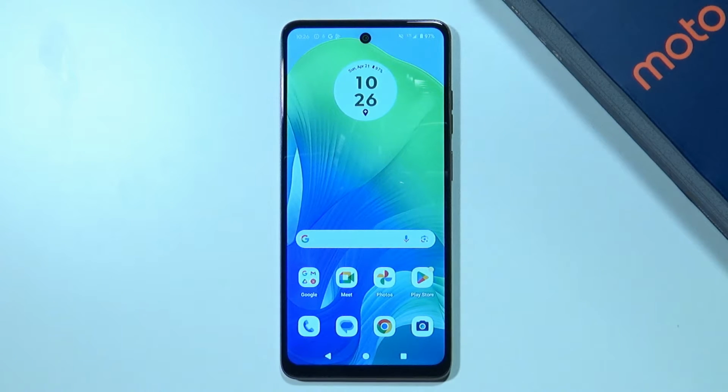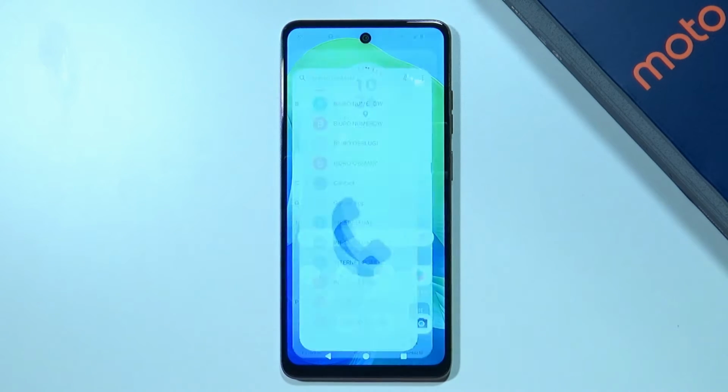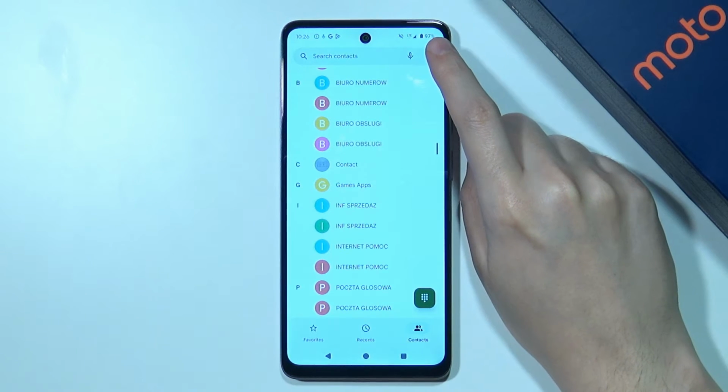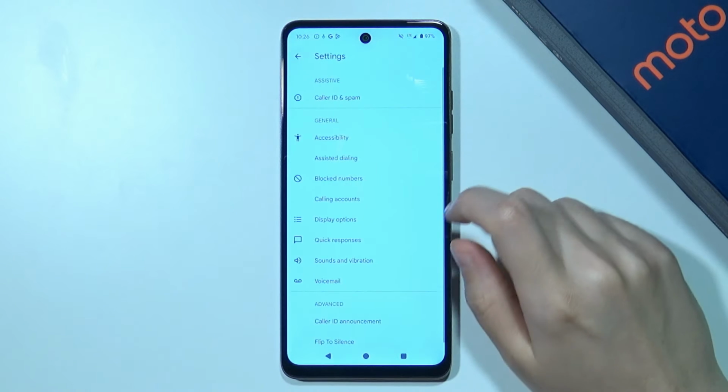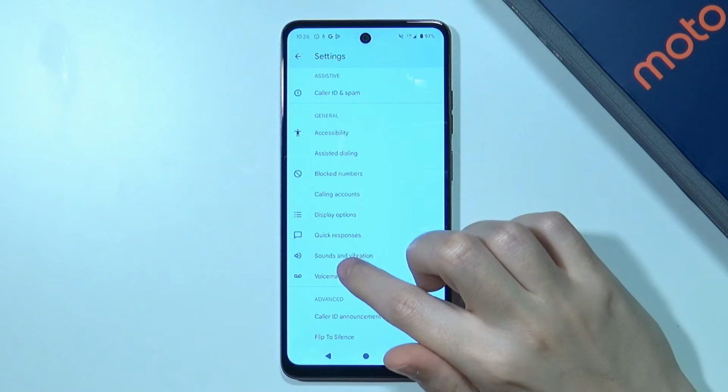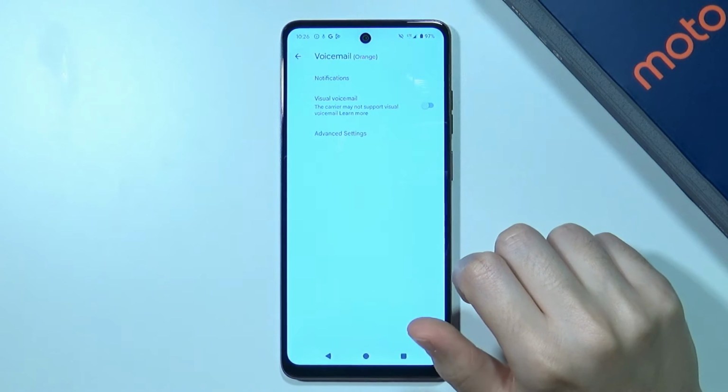Hello, in this video I'm gonna show you how we can find and open voicemail settings on Motorola Moto G04 and G04s. So the first thing that we need to do is open the phone app. Now over here in the top right corner you want to tap on these three dots and then go to settings. In the settings you want to go to voicemail, and over here we have all settings related to the